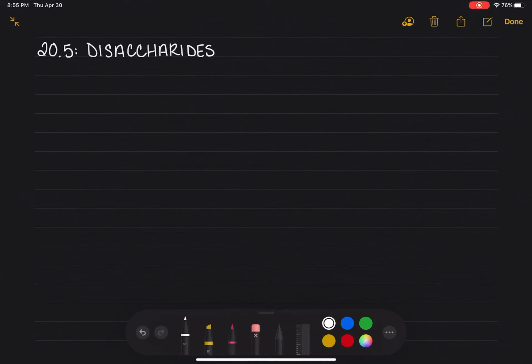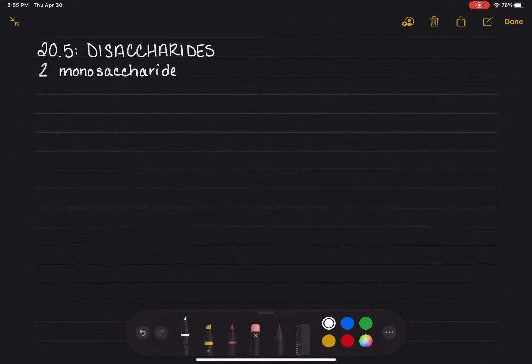So now that you know everything there is to know about monosaccharides, we are going to move on to talking about disaccharides. And when we first started chapter 20, I gave you a definition of disaccharide when we were talking about mono versus disaccharide versus polysaccharide. And we're going to add to that definition right now, not changing it, but just making it a little bit more scientific. We are going to define a disaccharide as two monosaccharides